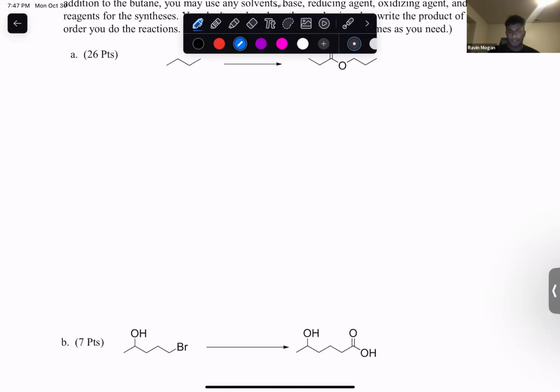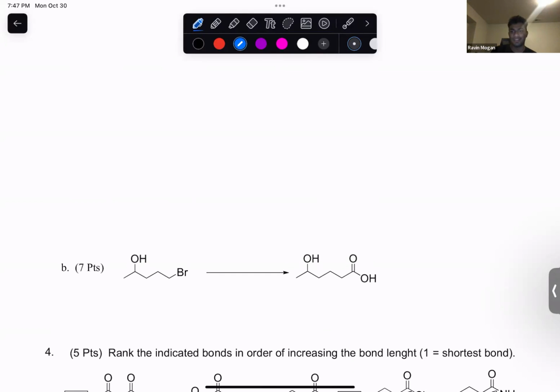Okay. So to turn a bromine into an alcohol, we want to use the OH. Is it the OH minus or the OH? That thing we'd use. So let's count the carbons here. How many carbons do we have in the reactant? One, two, three, four, five. One, two, three, four, five, six. So we added one, and we can't use MgBr, so we have to use NaCN. Right, and why can't we use